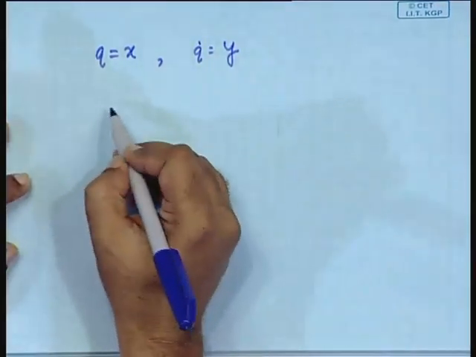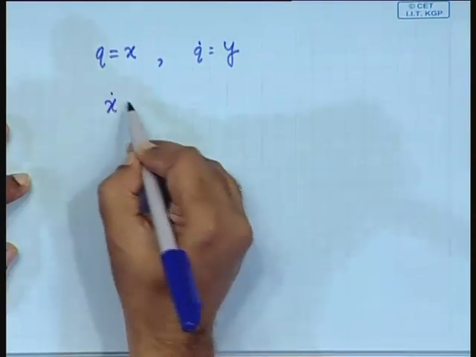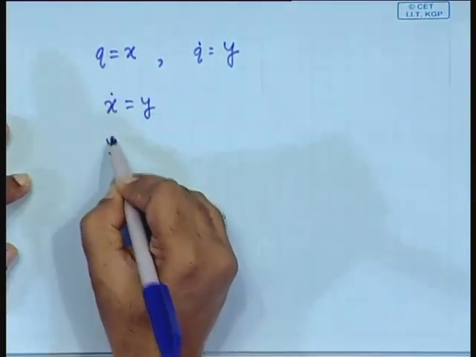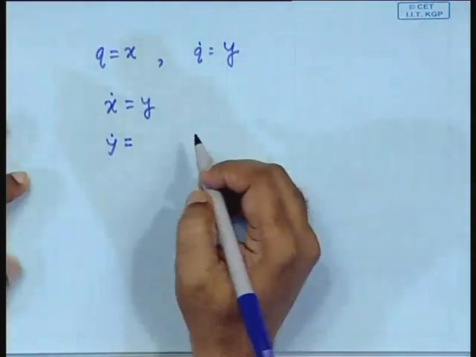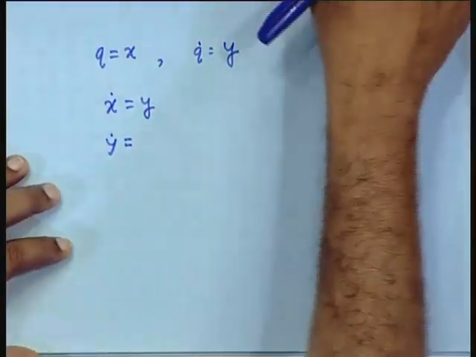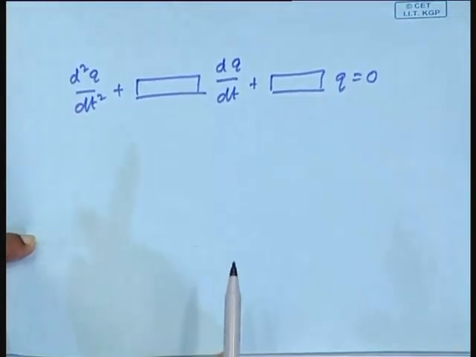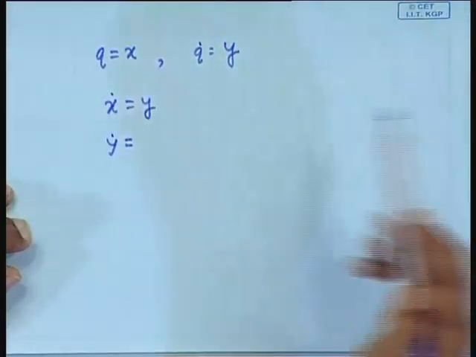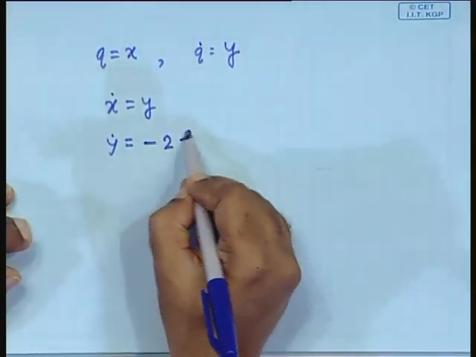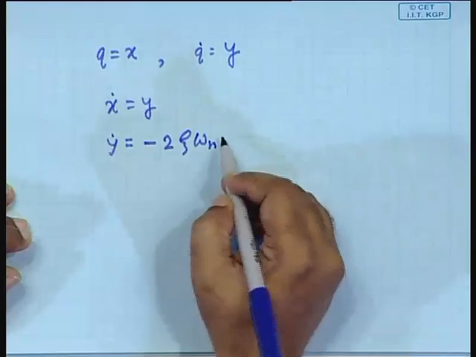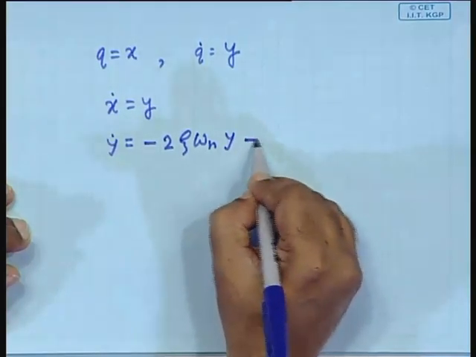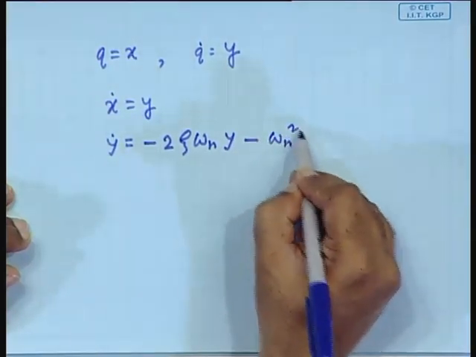So, if you proceed, you get x dot is equal to y and y dot is equal to that whole thing. Y dot becomes this thing taken to this side. Yeah. It is minus twice zeta omega n y minus omega n square x,